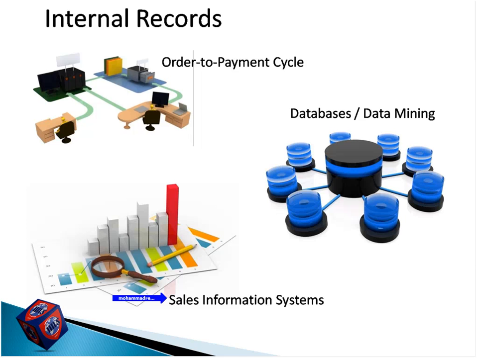You must store all the information data, and data will convert to information when it can be useful for a company. From data to information, we have a process: the order to payment cycle, sales information cycle, sales information systems and databases, data mining and data warehousing. These are internal records, all things inside of your company. But also,